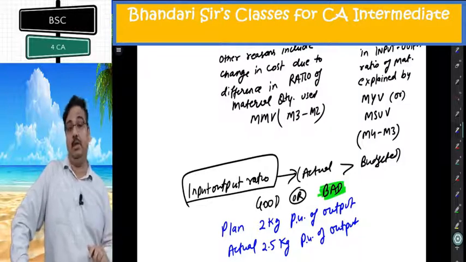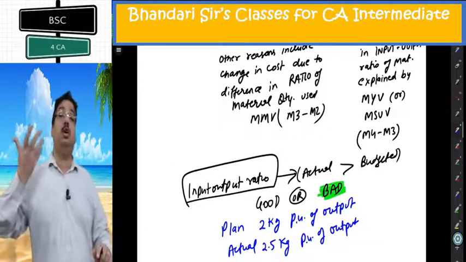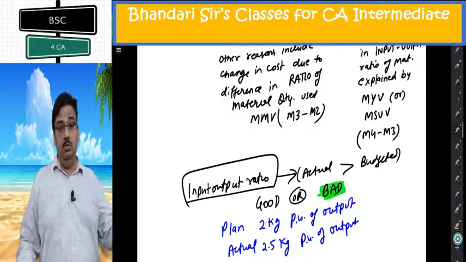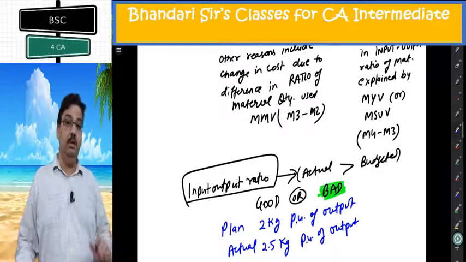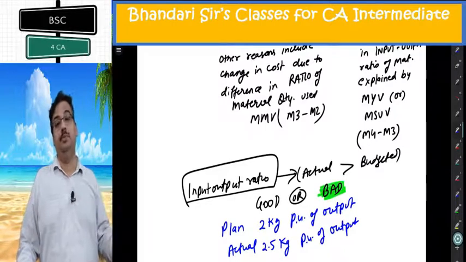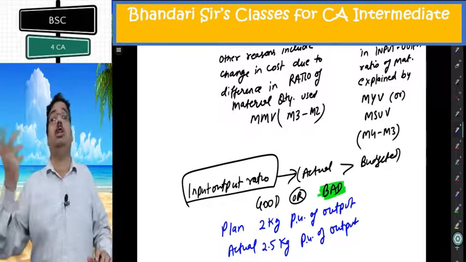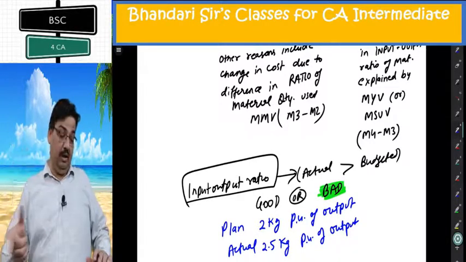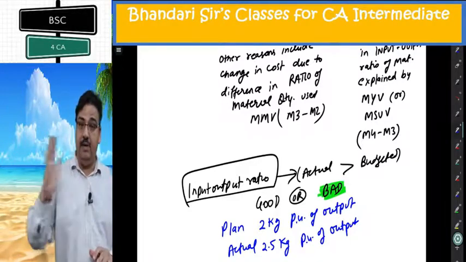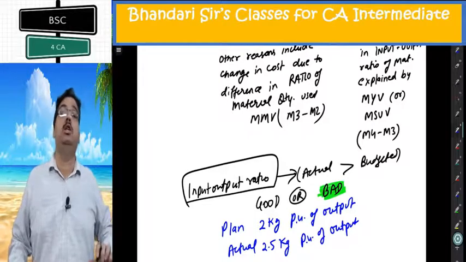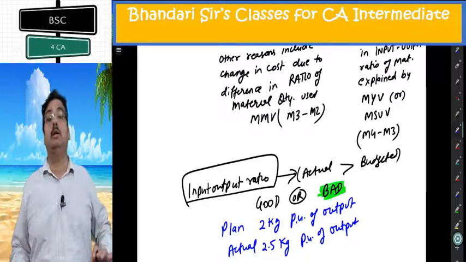And this is yield variance, input-output ratio. It may be due to more usage of material or maybe due to losses being more while creating the output. Any reason. Yield variance is input-output ratio. Mix applies when there are multiple materials being used. You are using more of the costly or more of the cheaper one. That will create mix variance. If the ratio is the same, mix variance is not there. If there is a single product, mix variance is not there. All usage is called yield only. So this is the concept you need to understand.